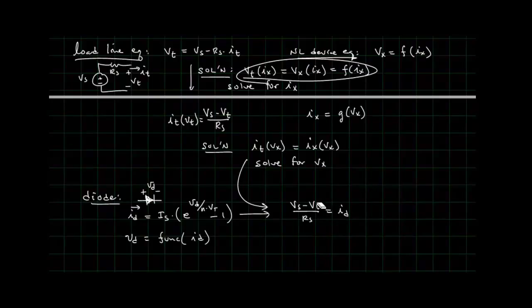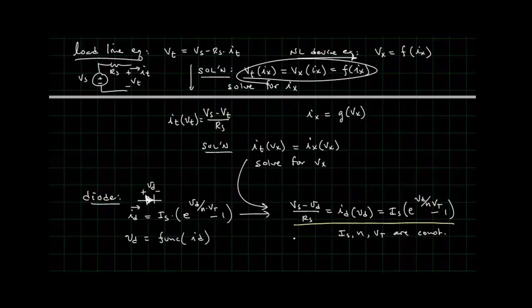Let me replace Vt, the terminal voltage, with Vd. Then this is equal to Is e to the Vd over nVt minus 1. Here Is and Vt are constants, so we can just think of them as numbers. And this is your nonlinear equation. So take your tool of choice